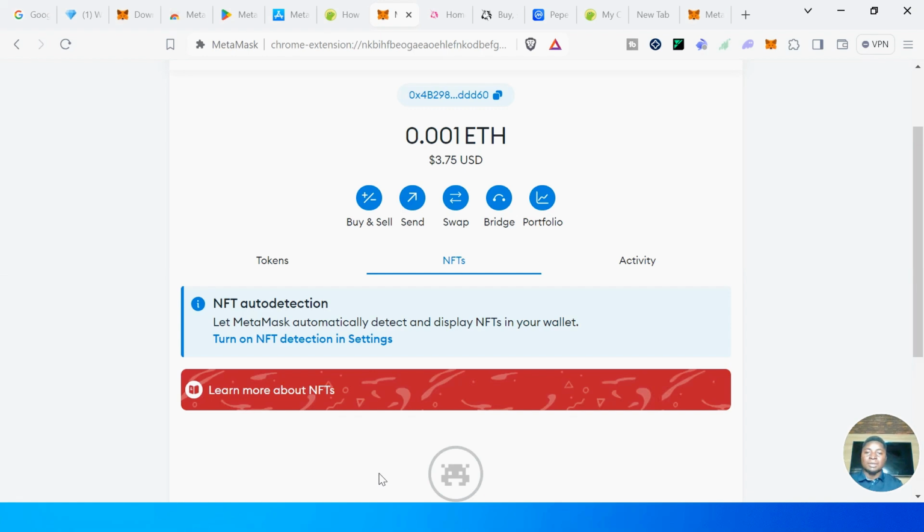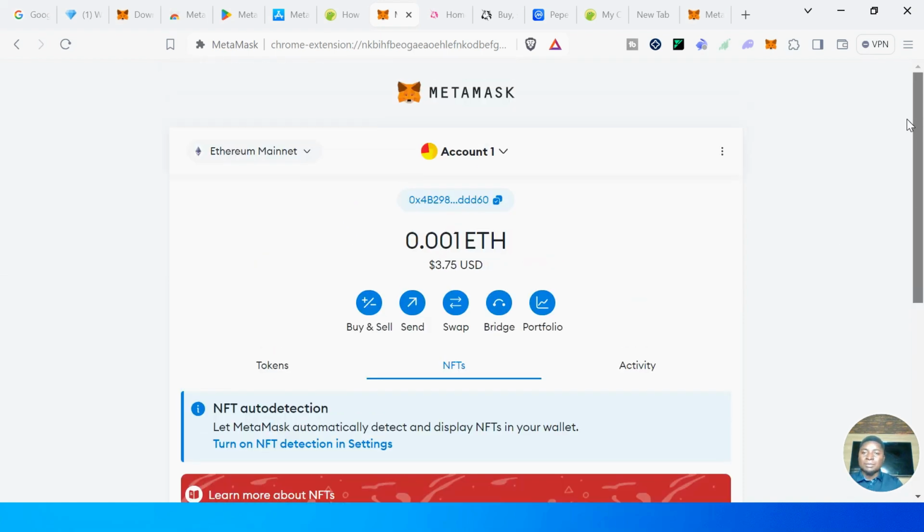So this is how to send, and also how to receive. To receive an asset like Ethereum, copy your address and send it to the person that wants to send you Ethereum. Okay, this takes us to the third item, which is